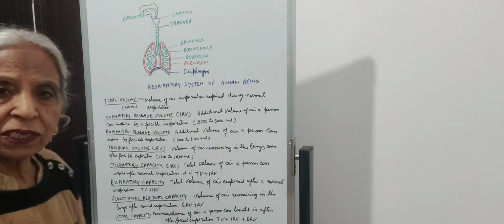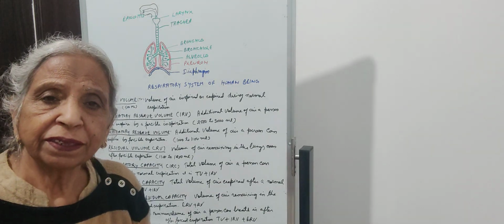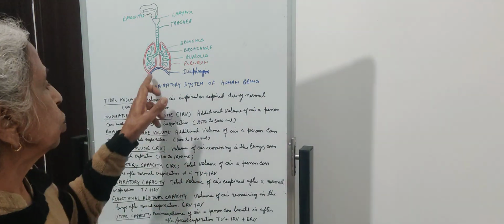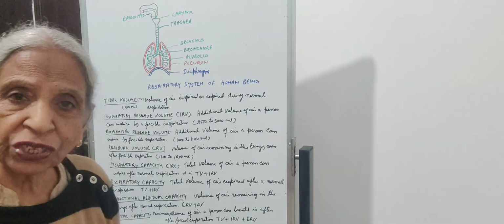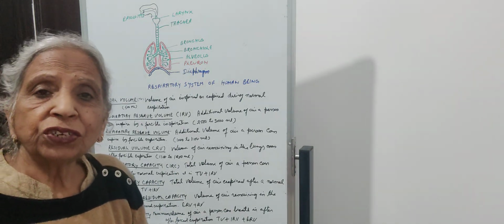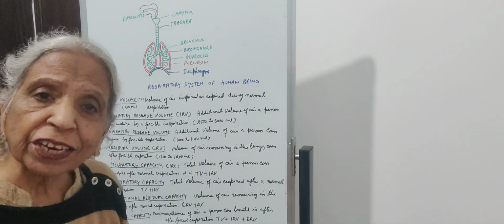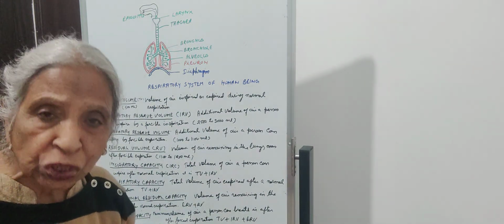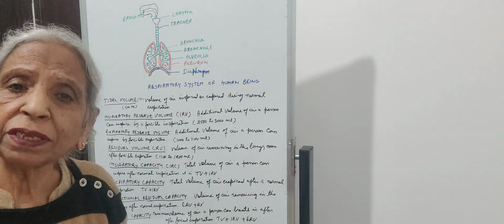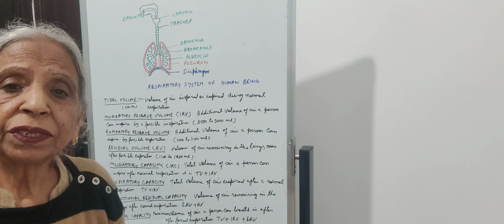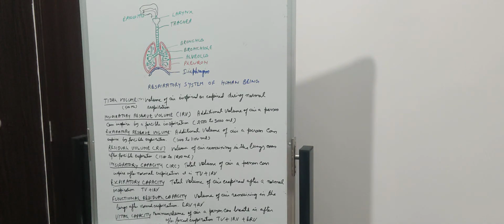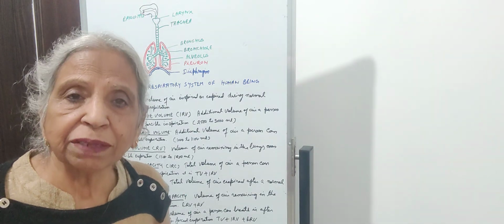They are present in the thoracic chamber. The thoracic chamber is a closed, airtight chamber. It has a dome-shaped diaphragm on the posterior side, the vertebral column on the dorsal side, the sternum on the ventral side, and ribs on the lateral side. So a closed chamber is formed by all these structures. On the ribs and the sternum are present external intercostal muscles and internal intercostal muscles. So the lungs are present in the thoracic cavity.